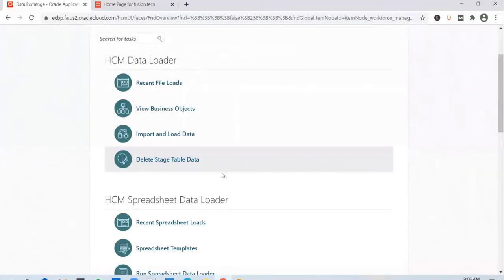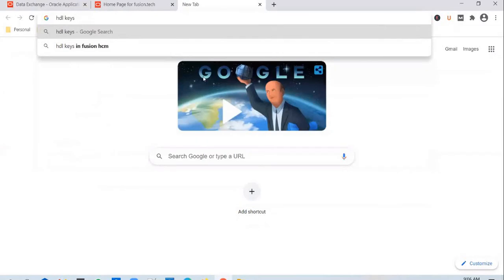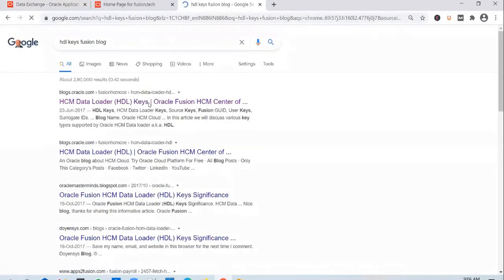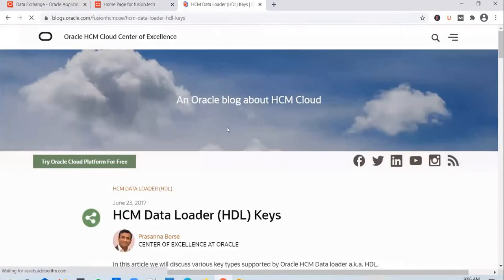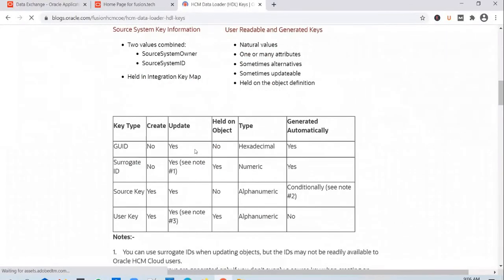Okay, and the next point is I want to talk about HCM data loader keys. There is one blog which explains HCM data loader keys in an excellent way, so I will use this blog to explain it in the session as well.